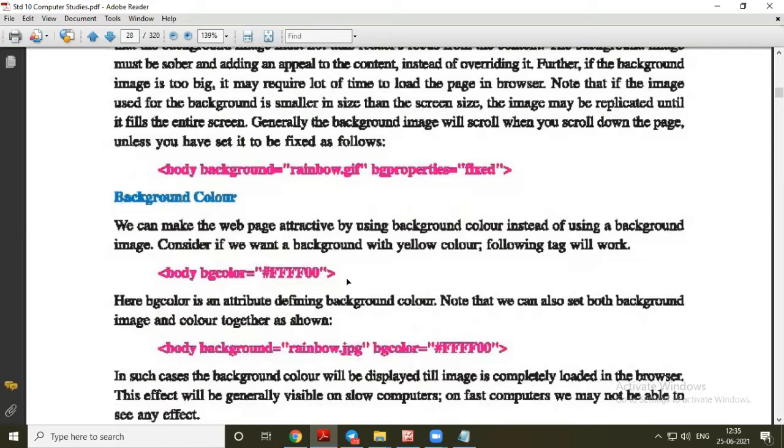And this one, which you can see here in bg color, it is hexadecimal, where we use 16 different symbols.